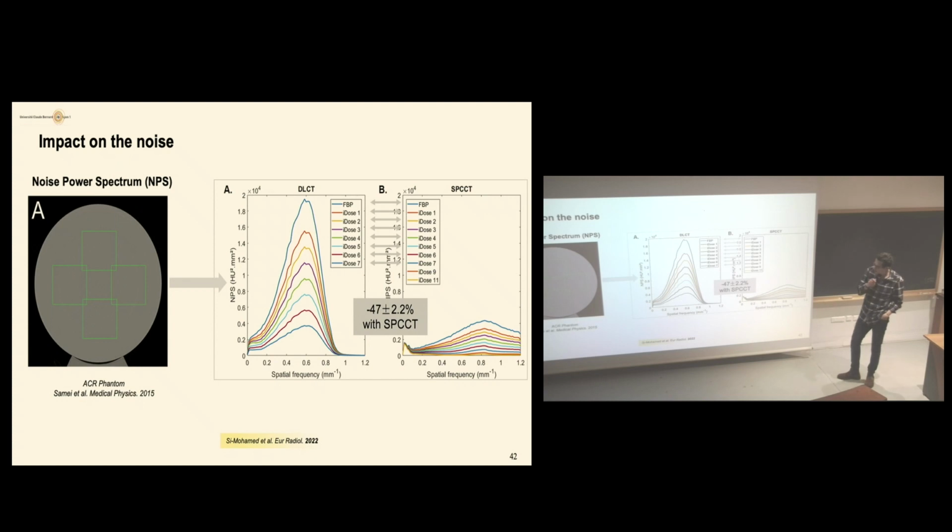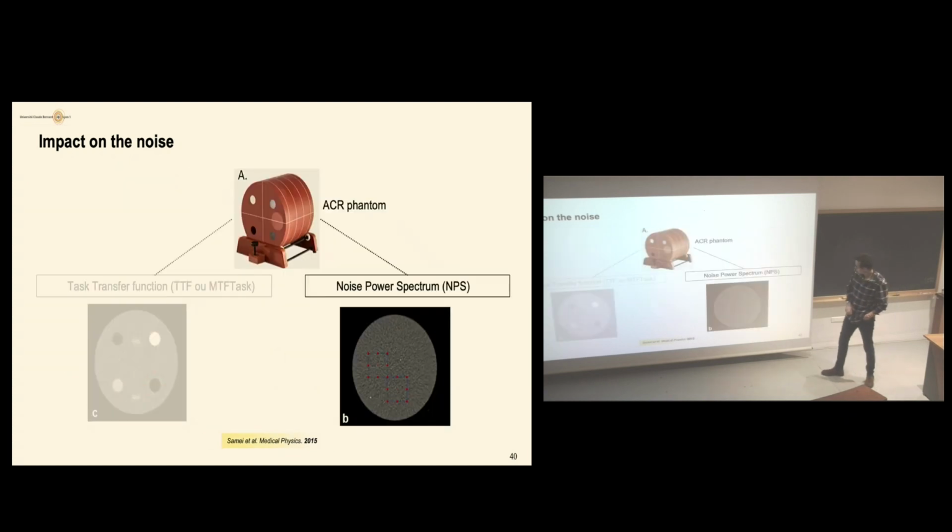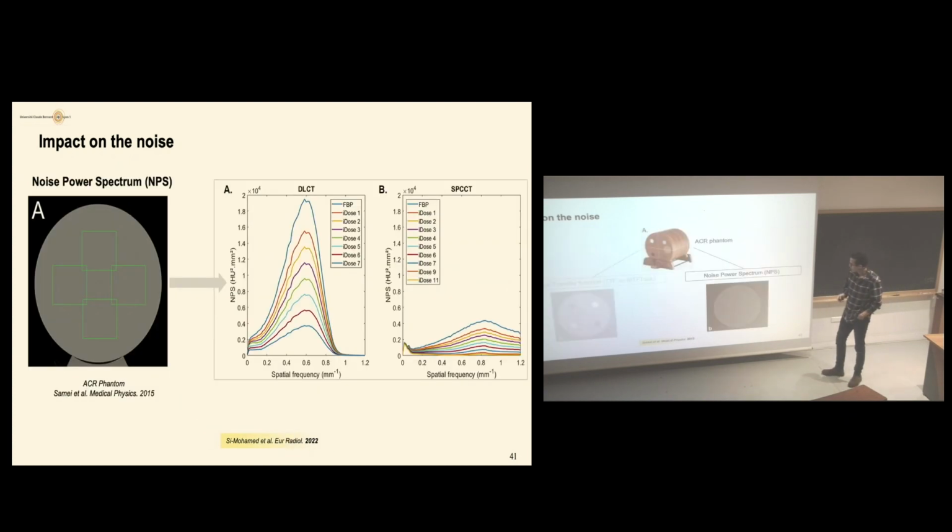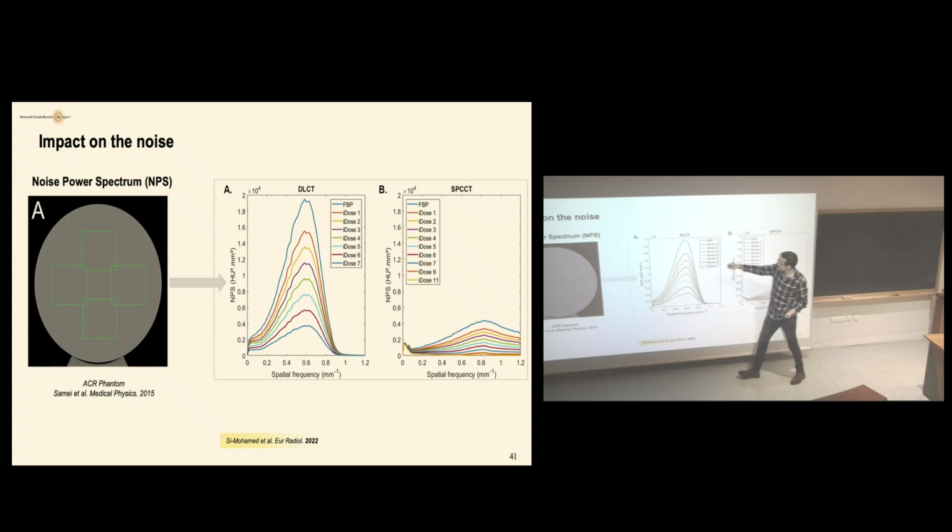But also you are doing one important thing, which is that you are shifting the peak of the noise. You see the peak of the noise is around 0.4, 0.5, while here it's around 0.8, 0.9. So you are shifting the noise, which will convey also the spatial resolution capabilities of your detector. So by changing also the noise frequency, you also allow to use now even higher spatial resolution.